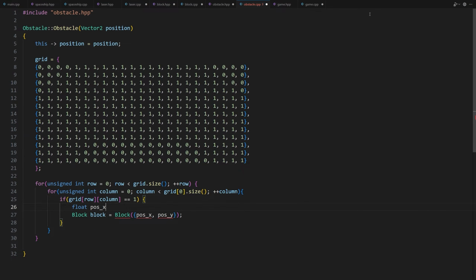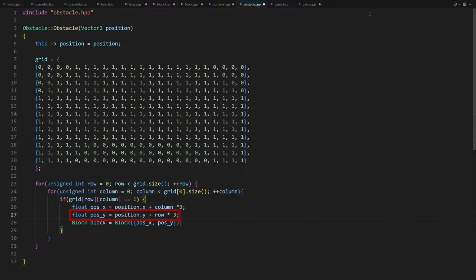float posX = position.x + column * 3, and float posY = position.y + row * 3. This line calculates the x-coordinate of the block based on the column number in the grid and the x position of the obstacle. Since each block is 3 pixels wide, we multiply the column number by 3 to determine the correct x-coordinate for that block, and we add the x-coordinate of the obstacle.